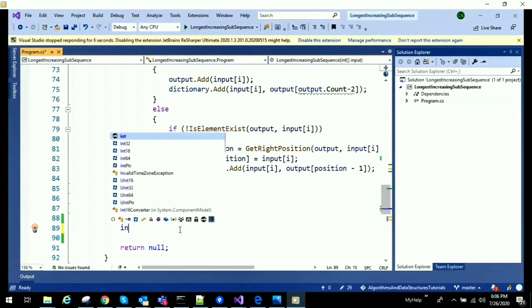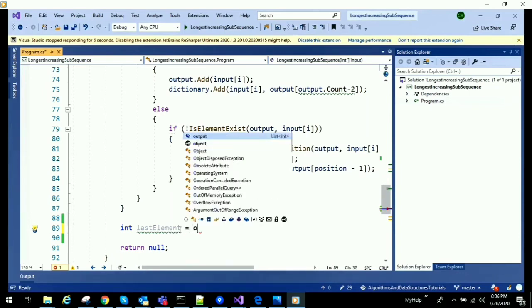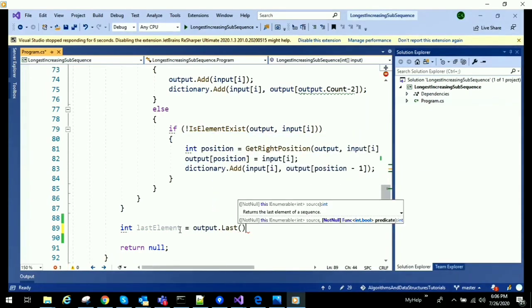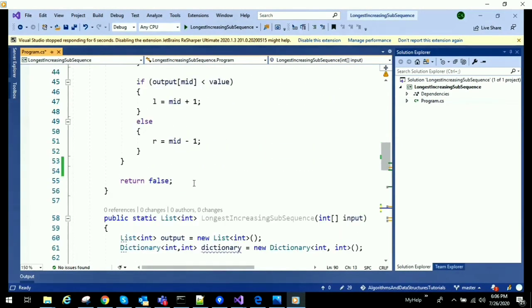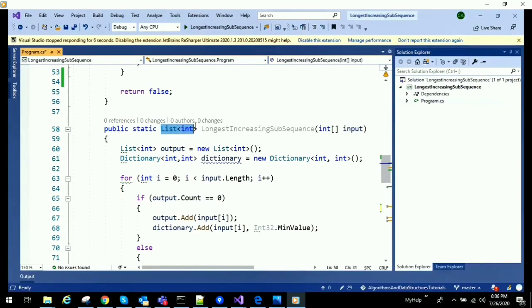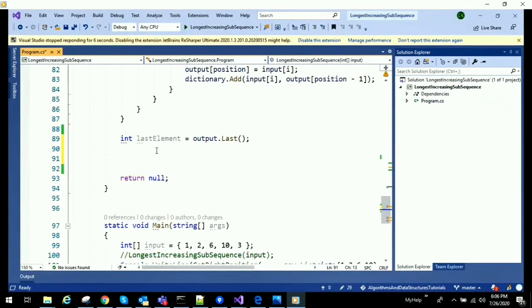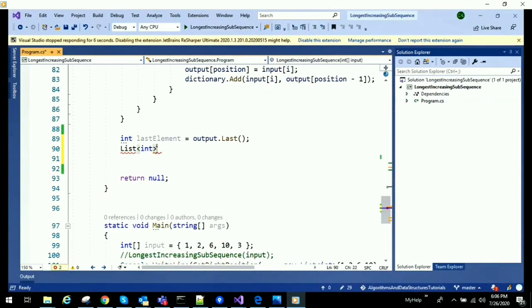How do we get the last element? Output dot last. This gives us the last element, and because we need to return a list of integers, or an array, I will create a new list just to maintain the final result, that is a list of int, final result.